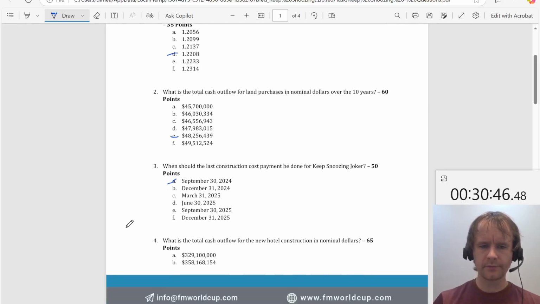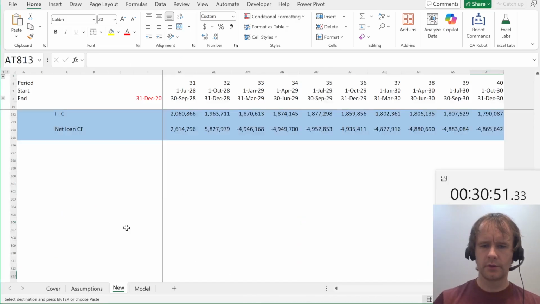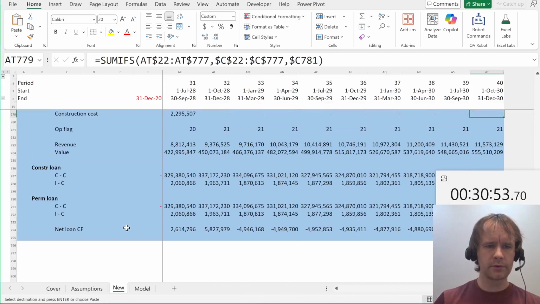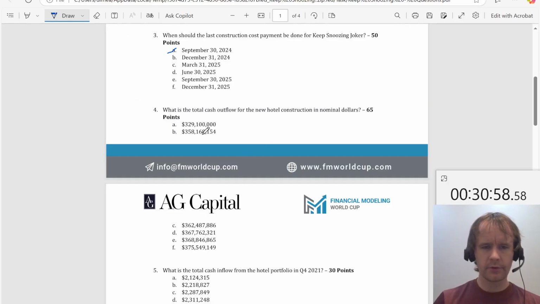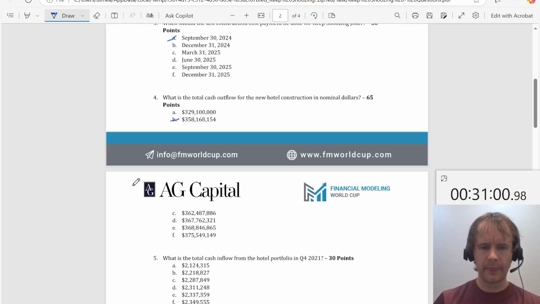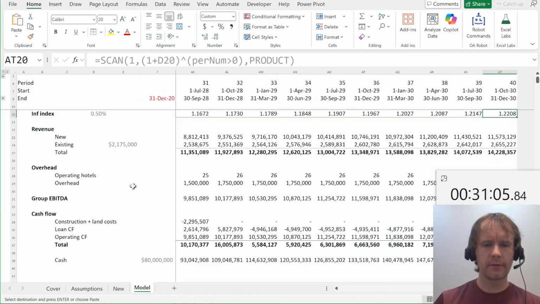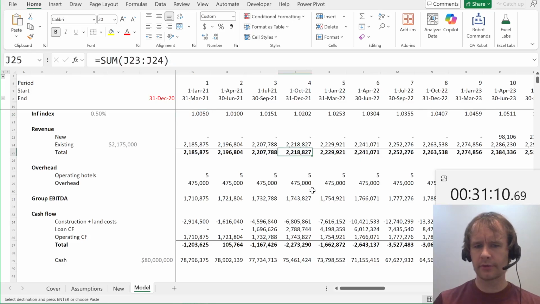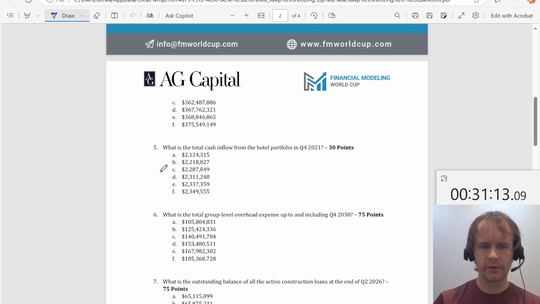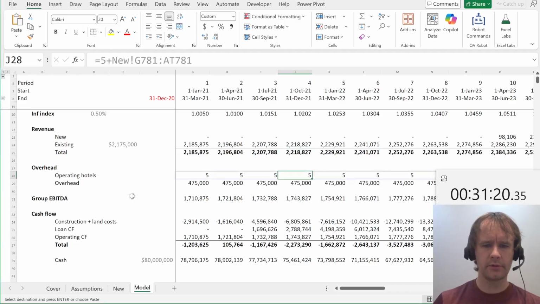Okay. Total cash outflow for new hotel construction. So construction costs, 358,168,154. Okay. Total cash inflow from the hotel portfolio in Q4 21. Q4 21 is before any of the new hotels come online, so 2,218,827. Yes, looks good. Total group level overhead expense up to and including Q4 2030, so every year in other words,